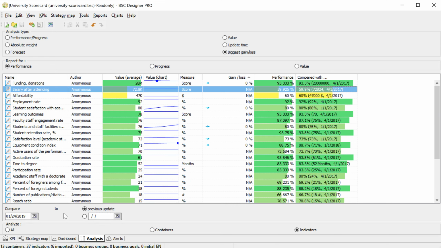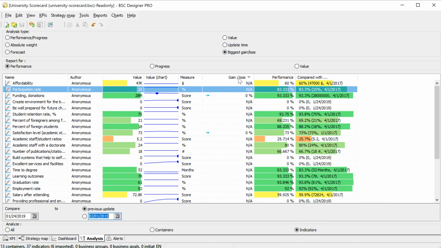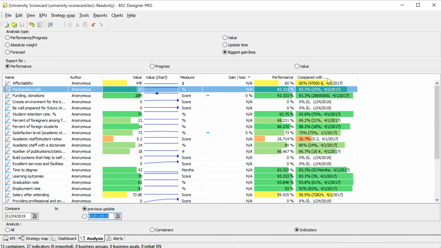And we actually can have some data for the comparison. So let's select some older date and we'll see how the gain loss is changing. Additionally, we have this data on the right that shows us some information that might be useful for making certain